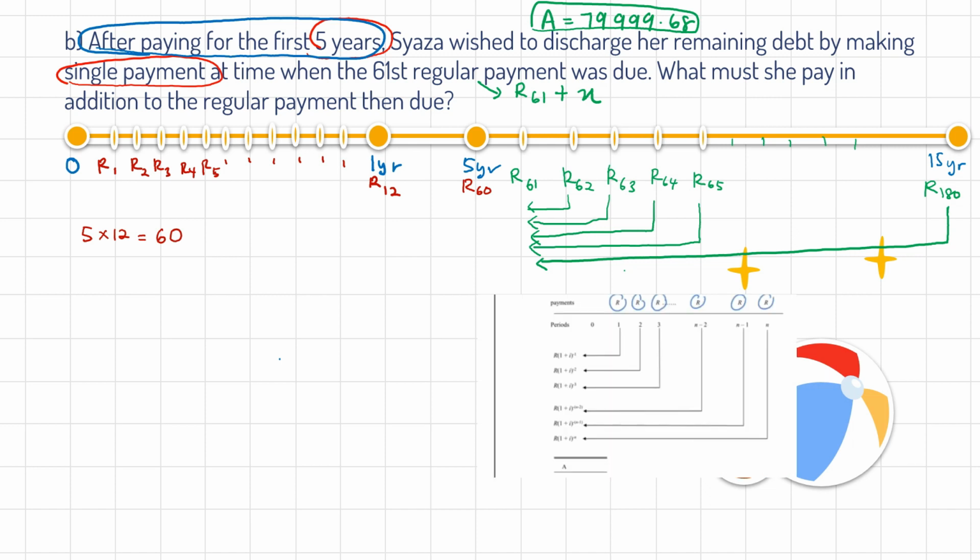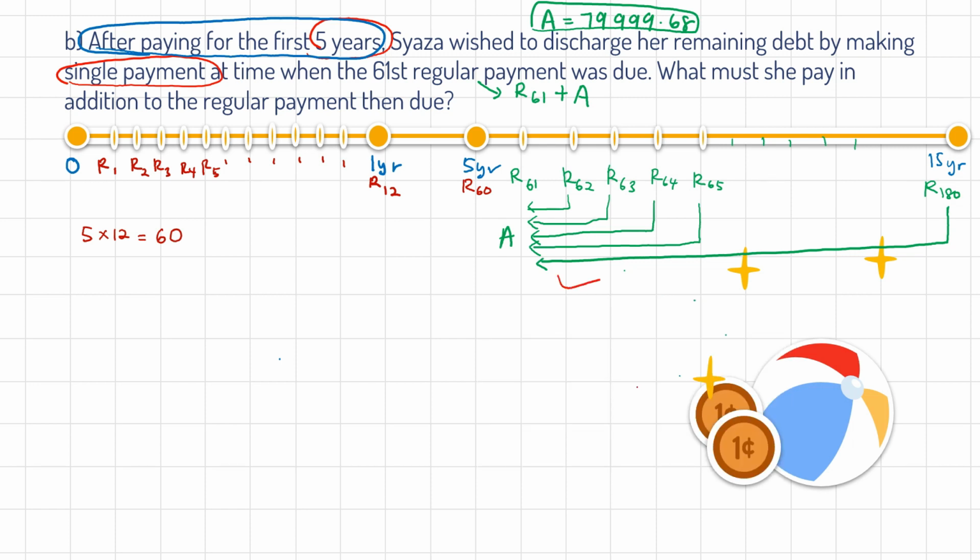Okay, so here, if you look at the picture, you can see it looks like the present value time scale, isn't it? So that's why here we will have x equals our value of A, which represents the present value. So our x is actually A, which is the one that we need to find. So if you can see here, R62 until R180,